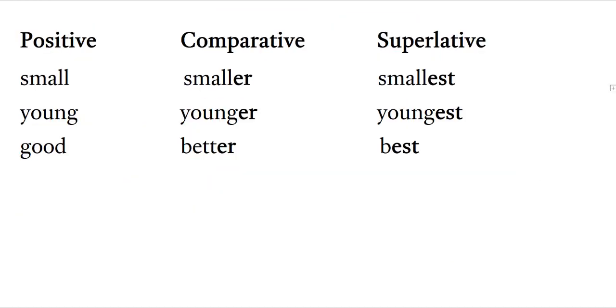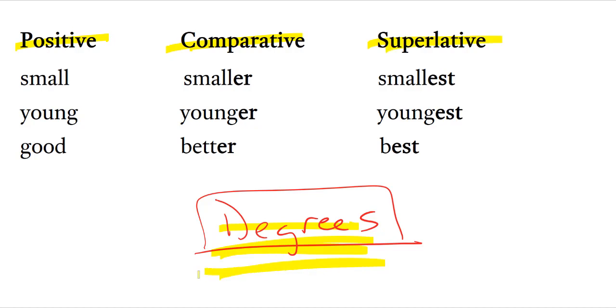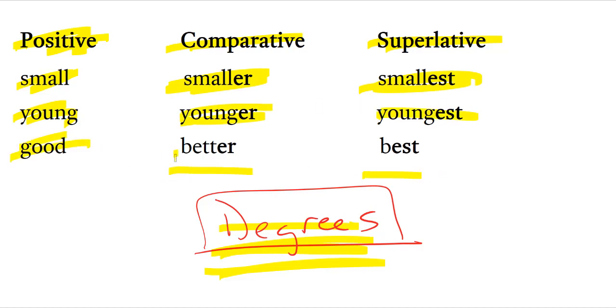In this chapter, we also introduce you to the idea of the degrees of the adjective. What do we mean by that? Maybe you didn't know this, but even the adjectives you use in English have a positive degree, a comparative degree, and a superlative degree, right? Well, the positive degree of the adjective would be small, the comparative smaller, the superlative smallest. Young, younger, youngest. Good, not gooder or goodest, but good, better, best,